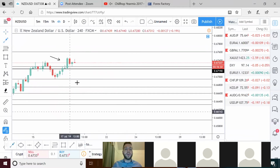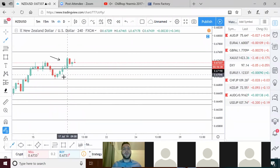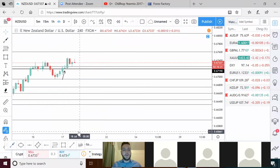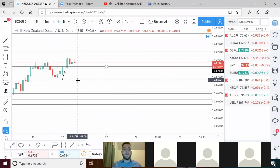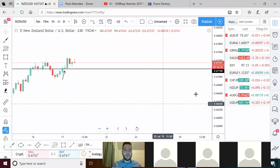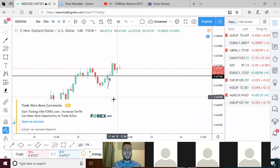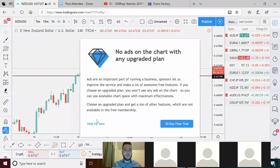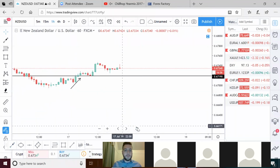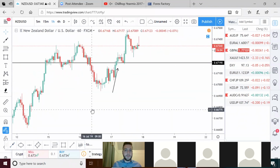Okay, guys, put a 1 in the chat. This is the last thing we're going to go through. Put a 1 in the chat if you guys see the trigger candle. Put a 1 in the chat if you guys see the small trigger candle. All right, so just to show you guys what this trigger candle is, I'm not sure if anyone else uses